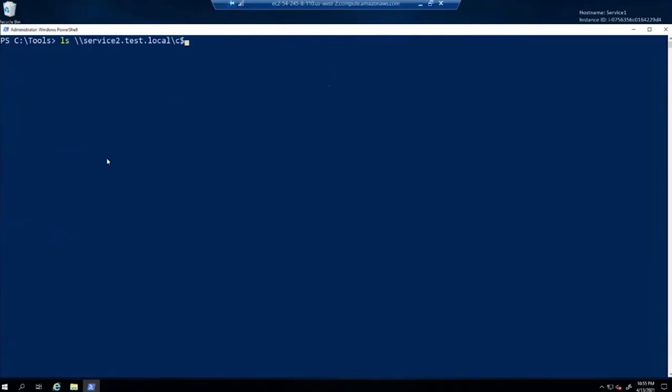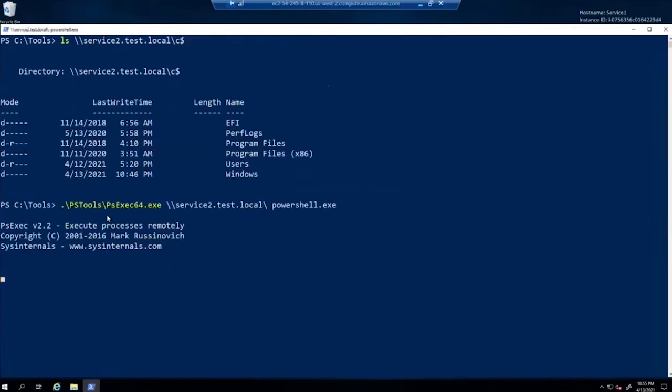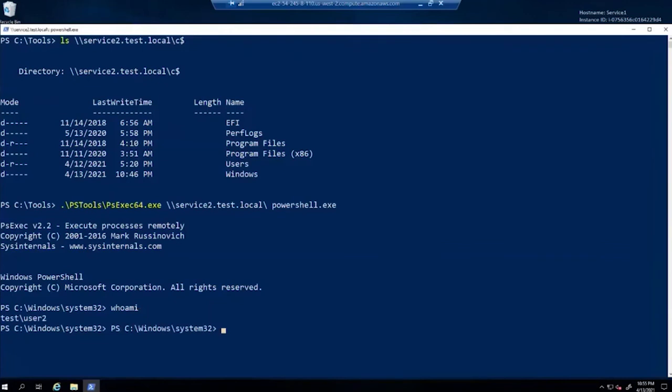So before we saw that this same command of trying to read the file system on service 2 failed, but now it executes successfully. Let's try to open up our shell. And that's looking pretty good. What we're going to run first is the whoami command to see who we're running as on service 2. And we're running as user 2. We're also going to do a quick double check of the host name,